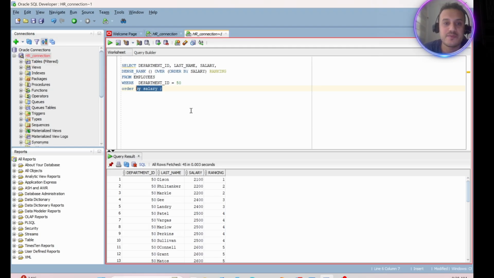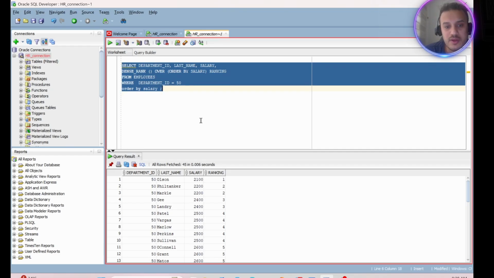We also have the order by clause. We have the select statement, department ID, last name and salary from the table employees. We have the DENSE_RANK function, and these are the parentheses. Over, we use the OVER to tell Oracle we use an analytic function. Order by salary. This is the ranking, this is the column name, ranking. So if we run this query,